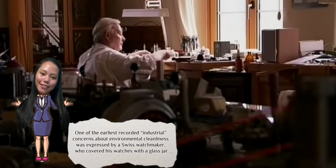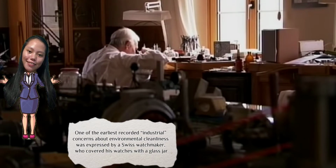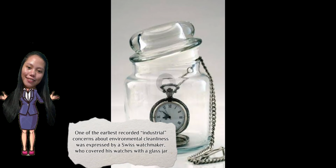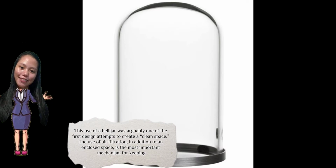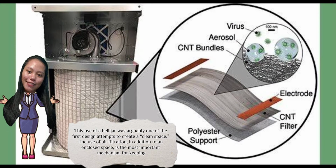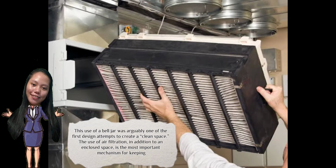One of the earliest recorded industrial concerns about environmental cleanliness was expressed by a Swiss watchmaker who covered his watches with a glass jar when they were not being worked on due to dust concerns. This use of a bell jar was arguably one of the first design attempts to create a clean space. The use of air filtration, in addition to an enclosed space, is the most important mechanism for keeping an area